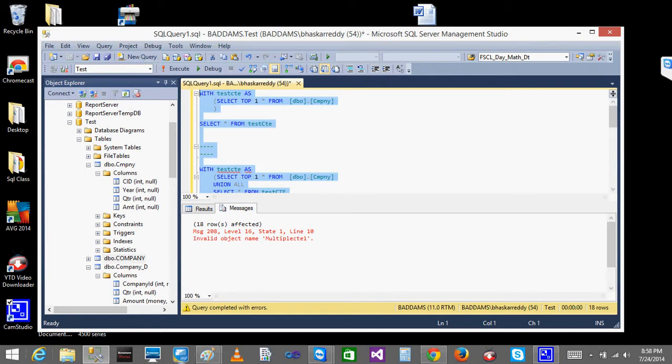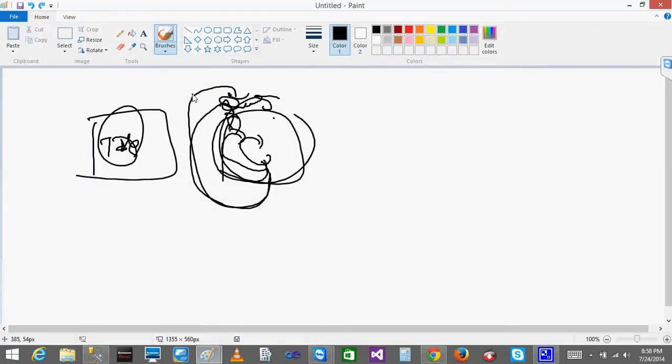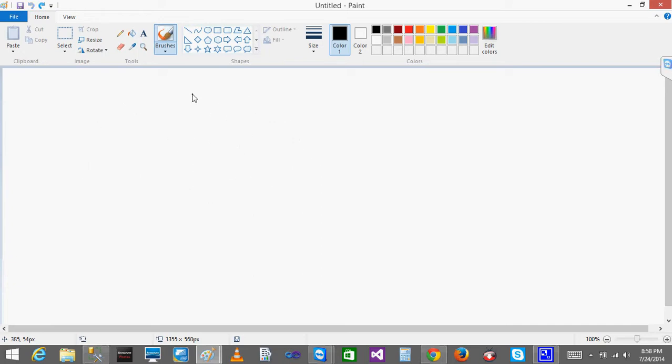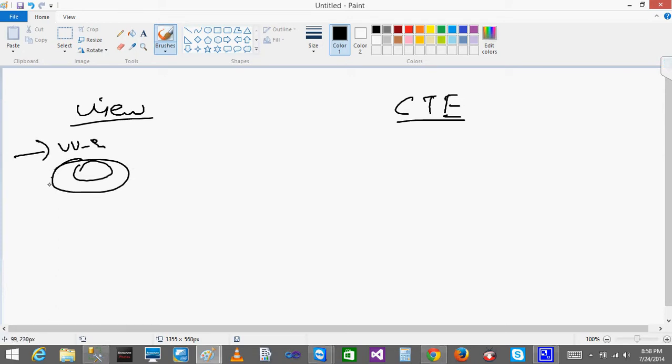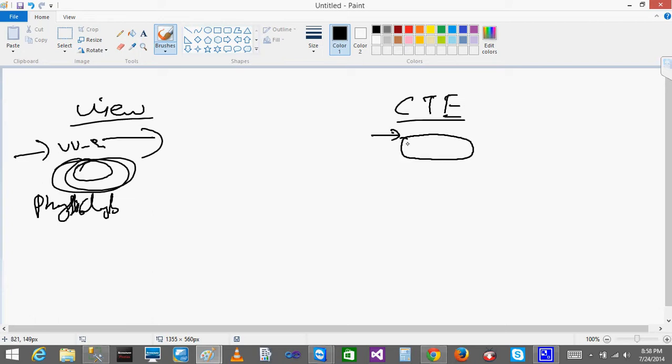But the difference is, let's say you have created the view and the CTE. When you create a view, you give it a name, and under that name you write some query. That will be physically stored in the database. Whenever you want that same query, you just call this name. But the CTE is used only at that instance. Wherever you write that query, only at that particular time it will be used. You can't retrieve that name again. That name is not stored; it's virtually stored only for that purpose.